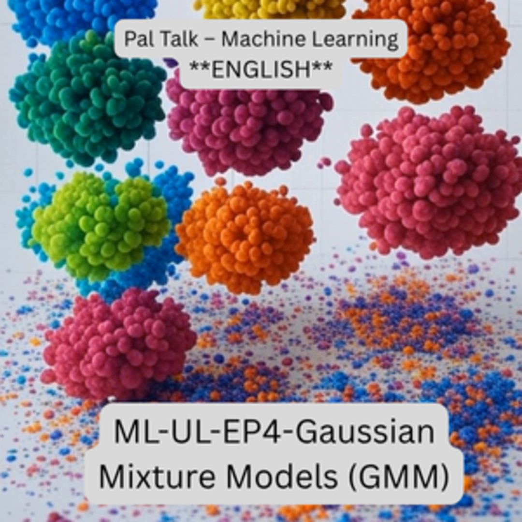How GMM works. GMM works by estimating the parameters of each Gaussian in the mixture using an algorithm called expectation maximization, or EM. The EM algorithm has two main steps. Expectation, E step, estimate the responsibilities, that is the probability that each data point belongs to each cluster. And maximization, M step, update the parameters, the mean, variance, and mixture weight of each Gaussian to best fit the data based on those probabilities. These steps are repeated iteratively until convergence, that is, until the model stabilizes.